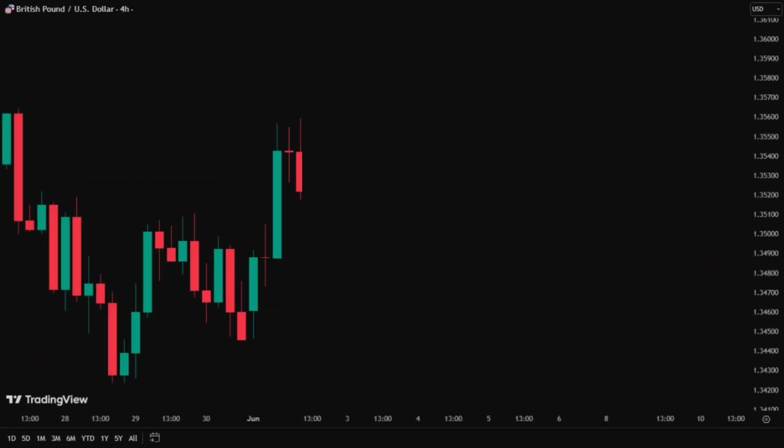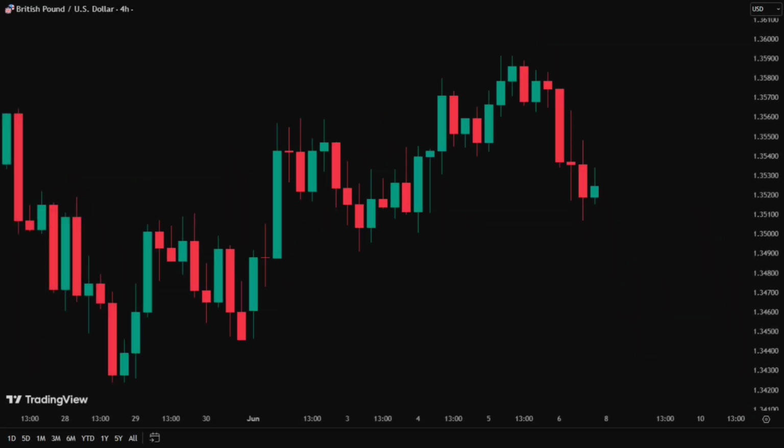Now let us walk through exactly how this looks on a real chart from start to finish. On the Euro-Dollar 4-hour chart, price had been in a bullish structure, making higher highs and higher lows. After the most recent push higher, price pulled back, and for a moment, it looked like the structure might give way. The pullback was deeper than the previous ones, and sellers were pressing. Then price found support above the prior swing low, which kept the higher-low sequence intact.